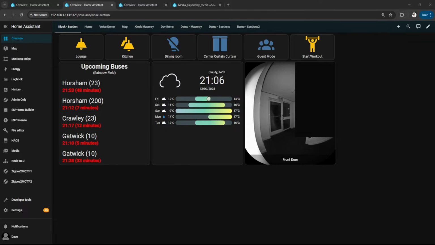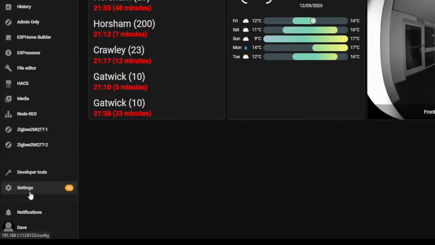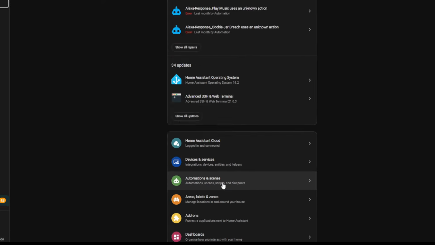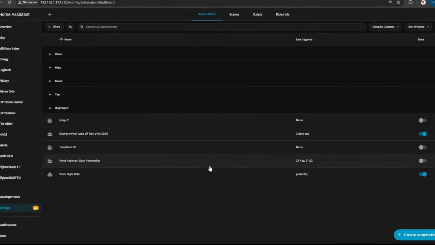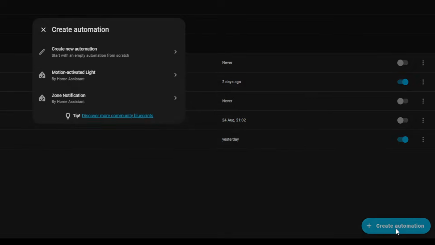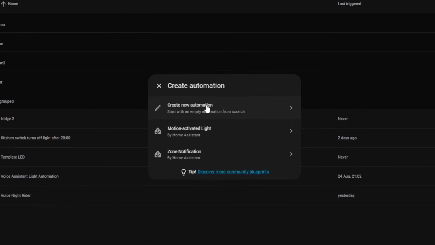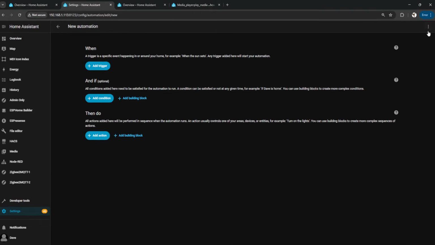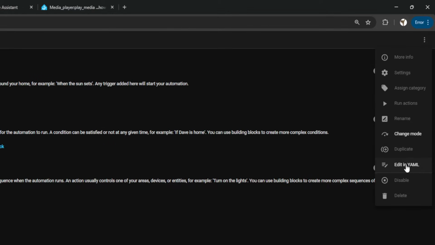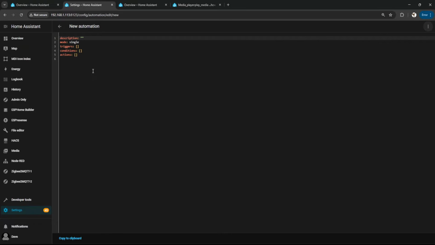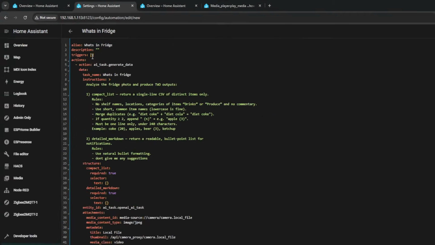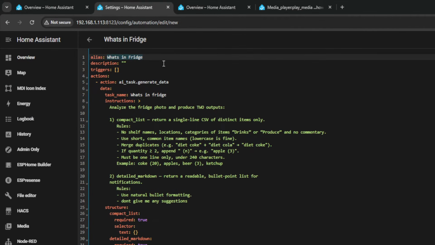Now we're going to create an automation which will analyze that image and list the contents of the fridge. If you go to Settings, then go to Automations and Scenes, click Create Automation, select Create New Automation, and if you go to these 3 dots and do Edit in YAML, I'm just going to paste this example code which I will be sharing. The name for the automation will be What's in Fridge, and the action will be AI